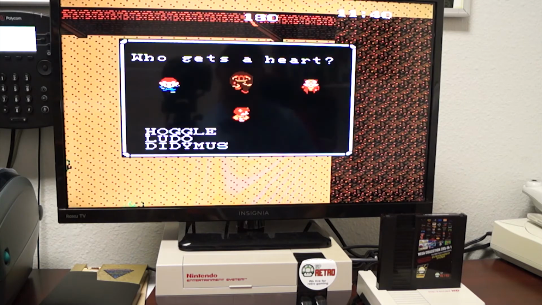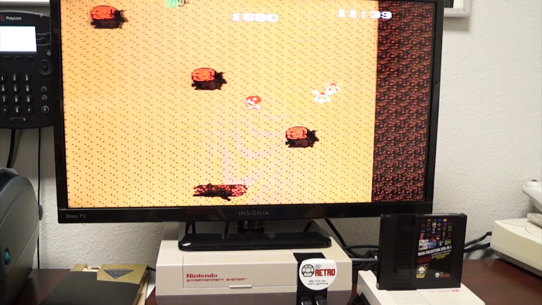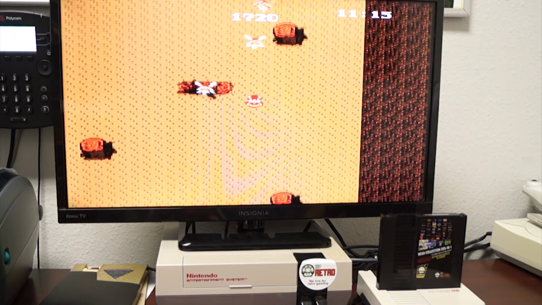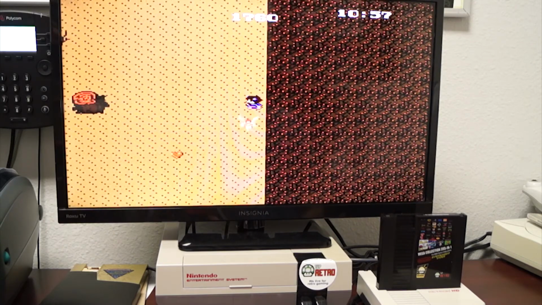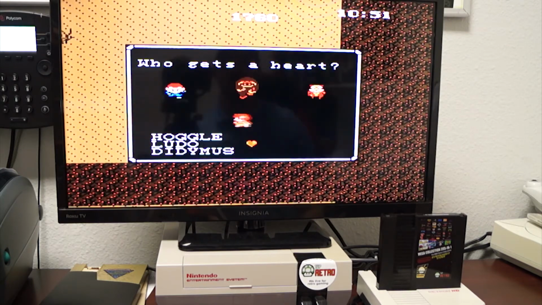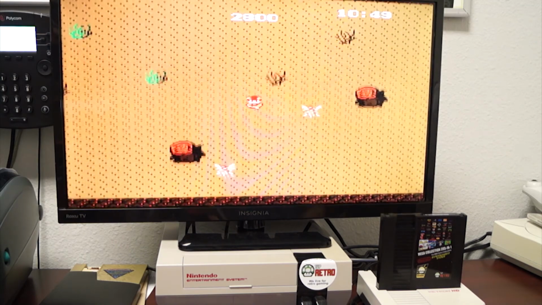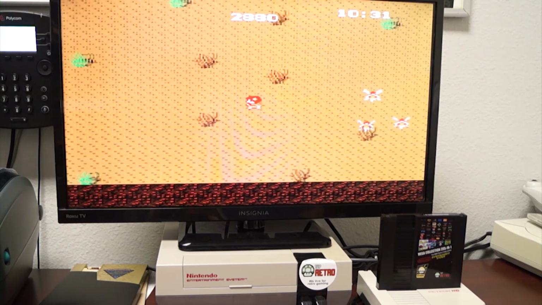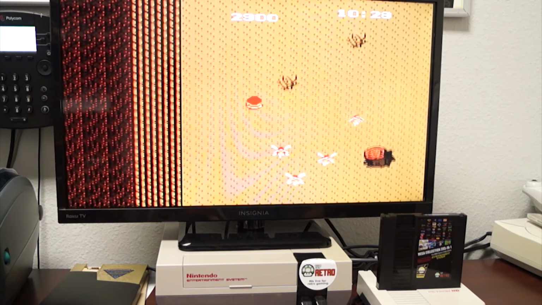Who gets a heart? Let's give it to Ludo. Ludo needs a heart. Alright, what is this? Not sure what that was. There's another heart. Oh, come on, fairies, get out of my way here. Let's give it to Hoggle this time. Anyway, each time you get hit, you lose 5 minutes on the clock, which takes away from your 13 hours